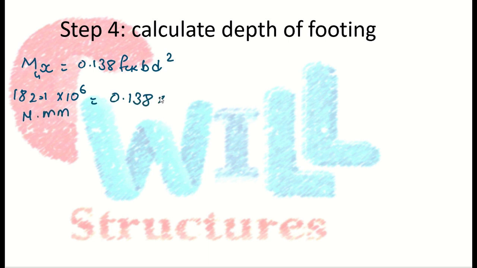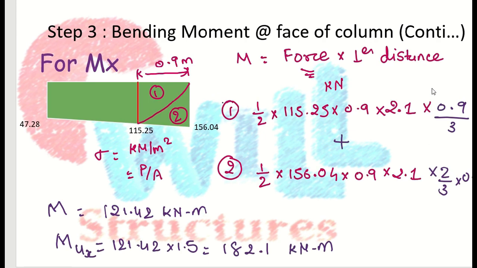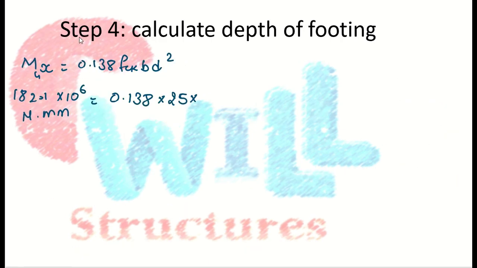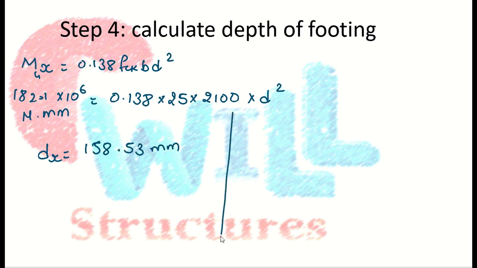0.138, fck is 25. Here the width is b. So the width for the x direction, whatever value we have multiplied with in terms of width, is 2.1 here. So if I write 2100, it means 2.1 meter, and d square. So here d we have to determine, and I can determine the value of dx is 158.53 mm. Same as for dy. To determine the value of dy,